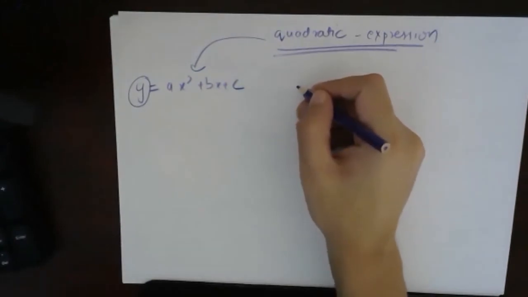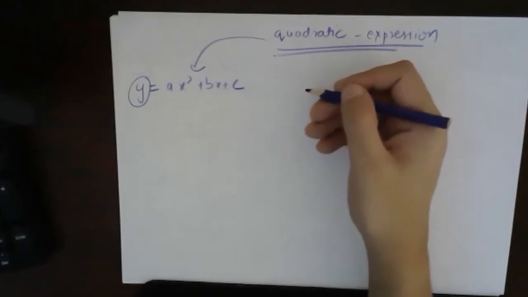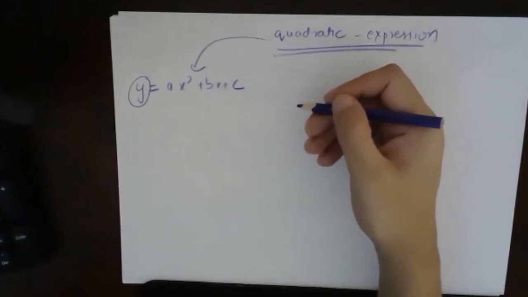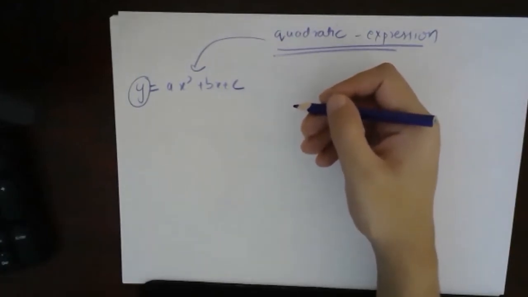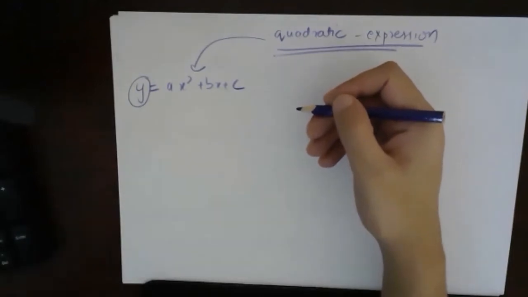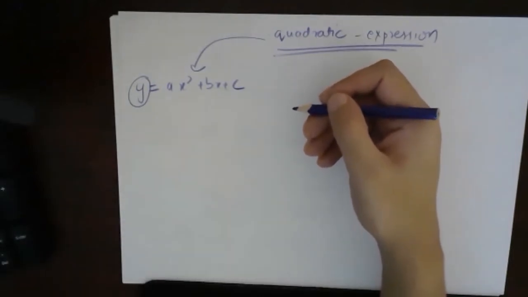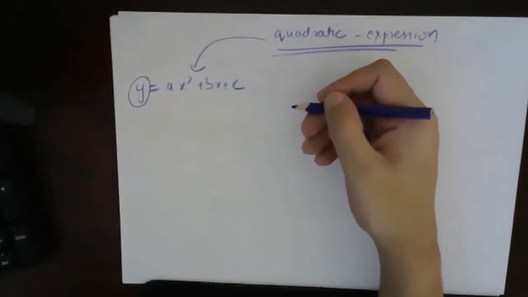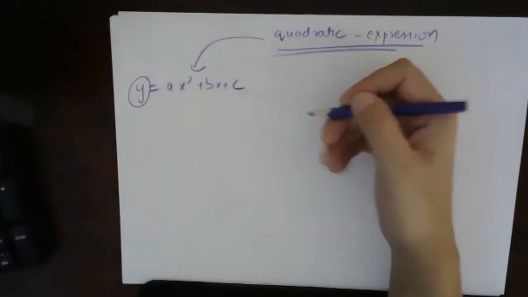Sir, can we say plus x as an upward curve? No. Plus x square. Positive with x square. X square should have a positive sign, because the coefficient of x square is a. Only with a can we determine upward facing or downward facing, not with the coefficient of x. Only the coefficient of x square will determine.